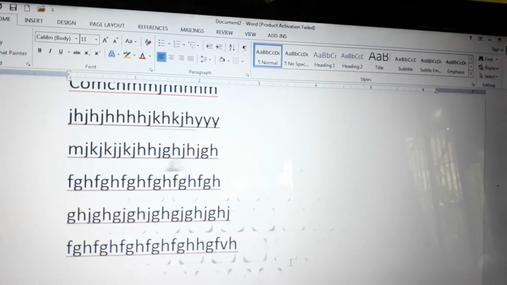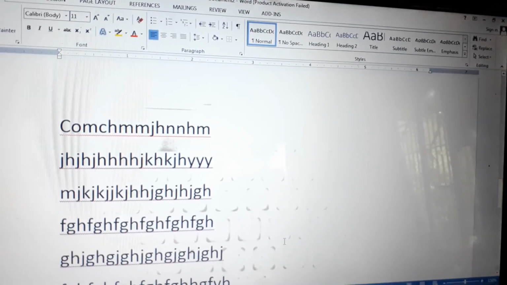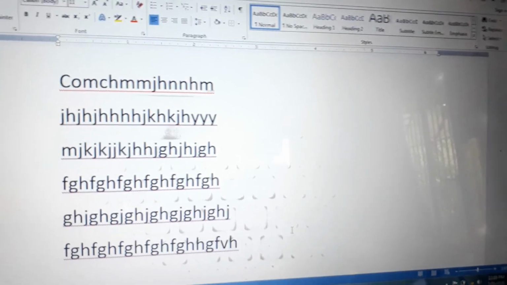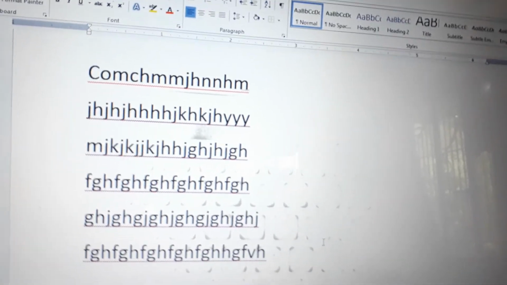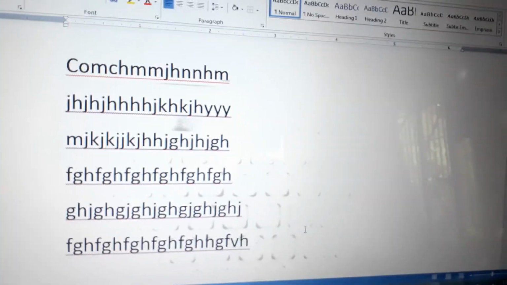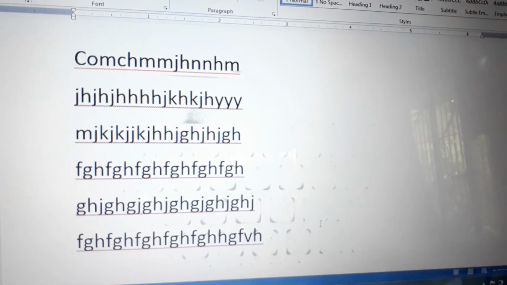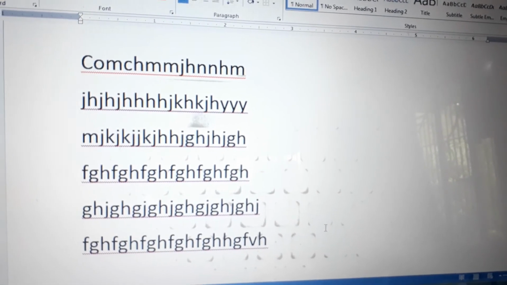Now the second concept that I am going to deal with is the drop cap. Now what is drop cap? If you want to drop any one letter to other lines, that feature is called drop cap. Generally these types of settings are used in the magazines and the newspapers you have seen.